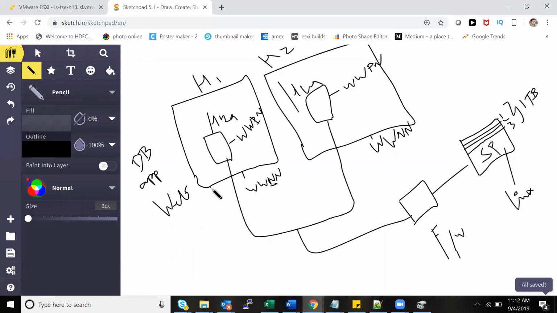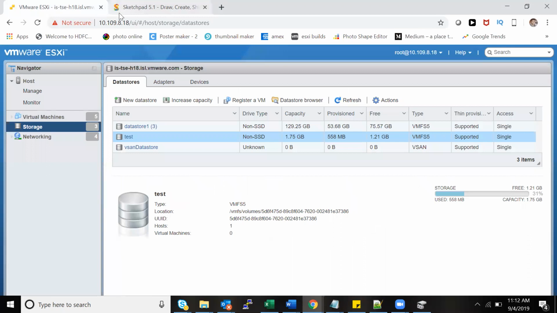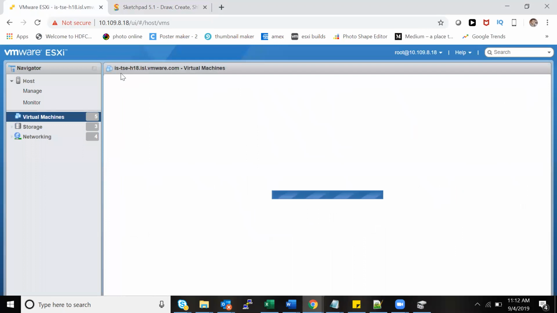Now I create 10 VMs. Okay, I create 4 VMs. One has Solaris, one has Linux, one has Windows, and like that. While I install the OS, I will select that data store, or if I am creating one data store, I'll select that one while installing the OS. Then again, I change the file system according to that OS. Something like that. Yes, exactly.